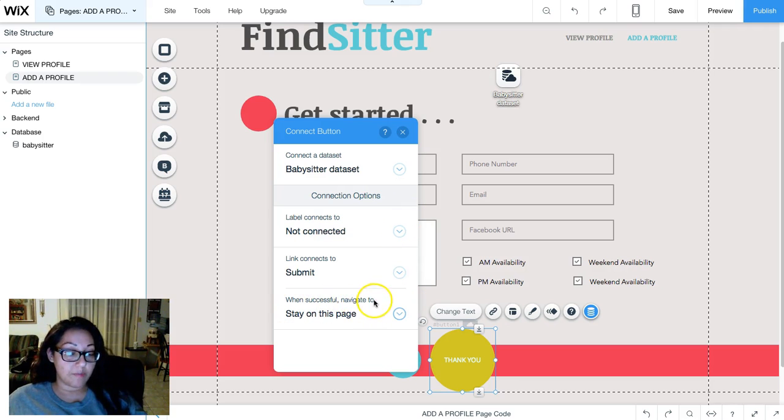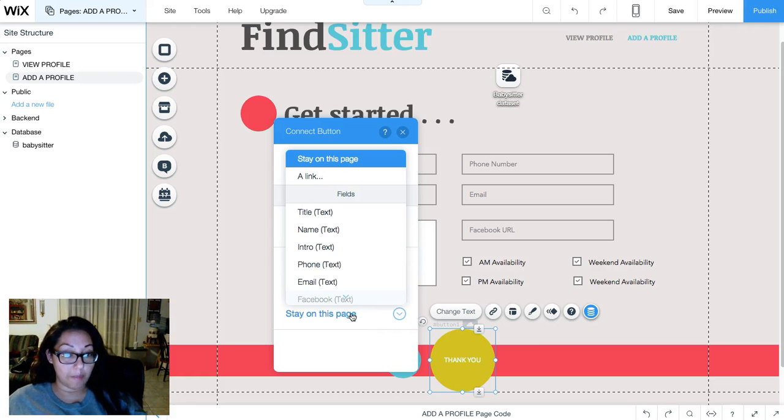And then after it's successful, what do you want it to do? Make sure you do connect it to something, somewhere, a page. Do not leave it blank, because if you do, it just won't do anything. It won't go anywhere. If people don't see a successful message, they're going to think it didn't do anything. Let me submit the form again. And they'll either submit the form again 1 or 2 more times, or they'll eventually just give up and leave your web page. So you don't want to do that. You want to send them off somewhere, either to a small light box that says successful, or to a different page on your website. So